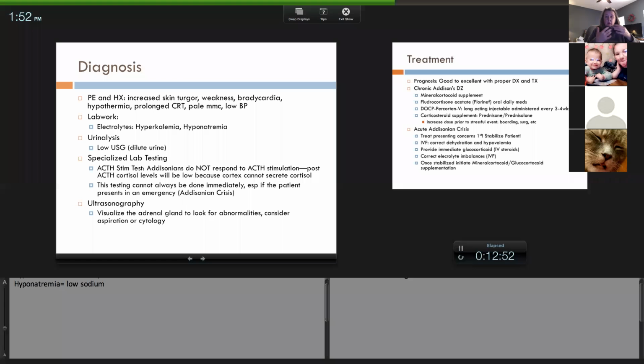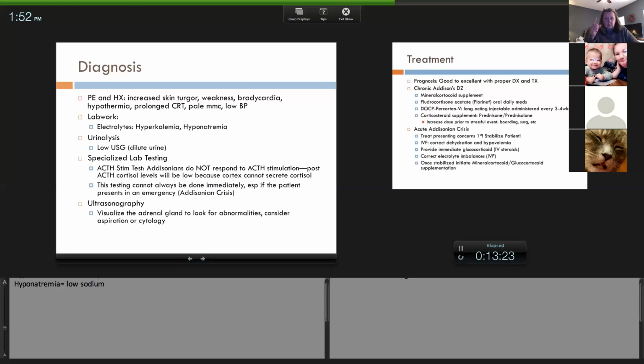We immediately get an EKG and confirm the heart rate is that low. We put in a catheter, and the first thing we're thinking is, what did this dog get into? So we go talk to the owner. Did he get into a toxin? Did he get into any medication? And she's like, no. Somebody came over, we rang the doorbell, we were going to the door, and the dog fell over. So a stressful event, worsening clinical signs.